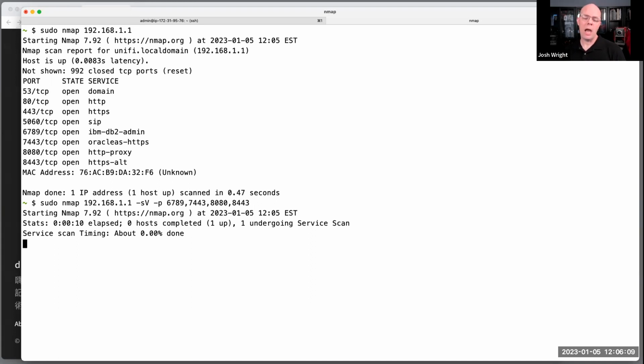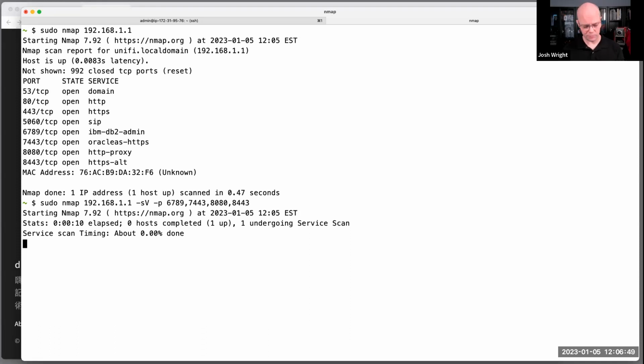And I wait some more. Nmap's a fantastic tool, and I don't mean to speak negatively about it because it's a gem of the open source community. It's been a mainstay tool for penetration testers and analysts for a really long time, but it can be kind of fickle. And it can come across a host that really causes it to just slow down dramatically. And it's very difficult to work around that, to know when it's going to slow down and still collect a lot of the detailed information. This will finish eventually. I tested it a little while ago. It took about 3 minutes on this host, but it's just 4 ports on one system,